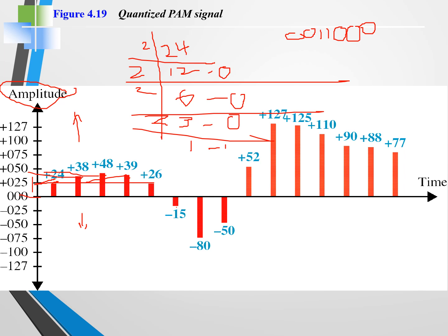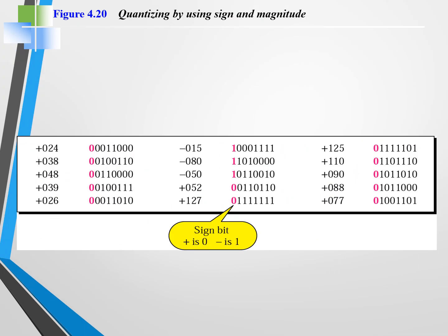टोटल हमें जो है वो कितनी बिट्स रिक्वायर्ड है: 1 2 3 4 5 6 7 और जो लास्ट वाली 8वीं बिट है वो अगर पॉजिटिव है तो हम उसको 0 पुट करेंगे और अगर नंबर नेगेटिव है तो हम उसको 1 पुट करेंगे। बट 24 इज पॉजिटिव, तो उसका जो इक्विवेलेंट बाइनरी आएगा वो 00011000 आएगा। You can see over here this is 00011000। इसी तरह से हमने सारे नंबर्स की इक्विवेलेंट बाइनरी ले लेनी है